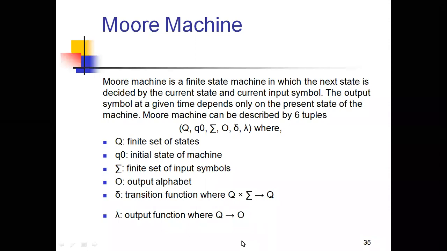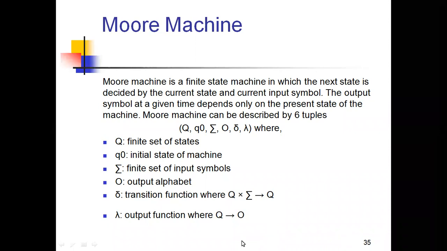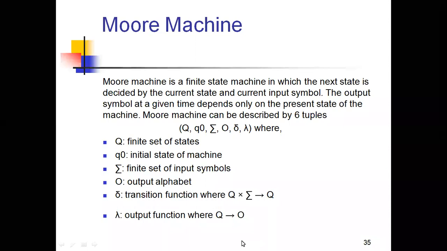Before defining the Moore machine, I'm just recalling the definition of NFA and the definition of DFA. Once, please all of you recall the definition of the two finite automata, that is NFA and DFA. DFA is a deterministic finite automata and NFA is a non-deterministic finite automata. While defining the two finite automata, the definition is the same, right? The formal definition and the mathematical definition for both finite automata are the same. But where we get the difference between the two finite automata